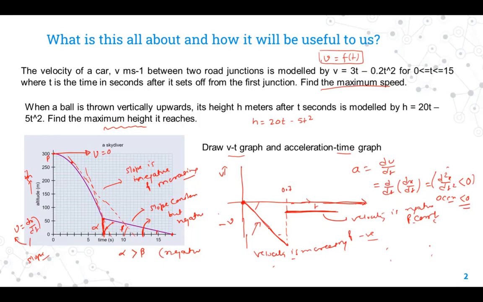And I think it would be wise for us to discuss the same thing when we start the motion in one dimension, because at that time we'll definitely understand a few more concepts apart from maxima and minima to solve this problem. So till this point, I think we are sufficient to explore the problems of physics in light of maxima and minima.